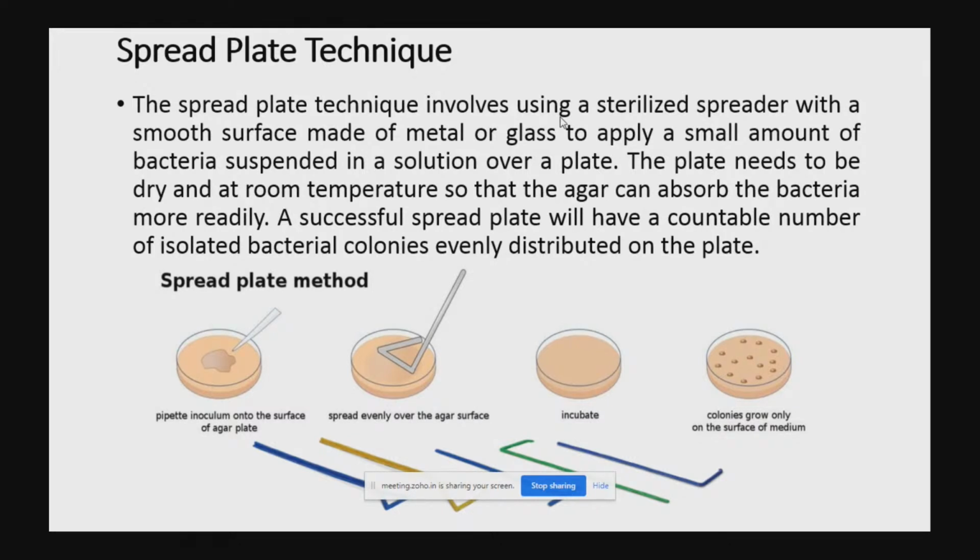So in the current scenario, to reduce the time and achieve the highest productivity in the market, many options are open. Right now, instead of glass Petri plates, plastic Petri plates are available in the market. Also, instead of a glass spreader, we can utilize a plastic spreader, which is pre-sterilized and gamma irradiated.